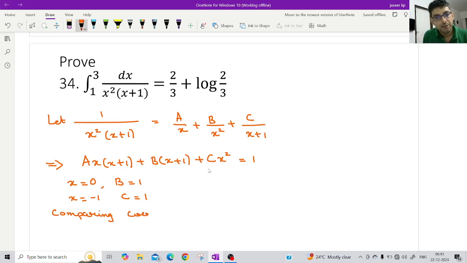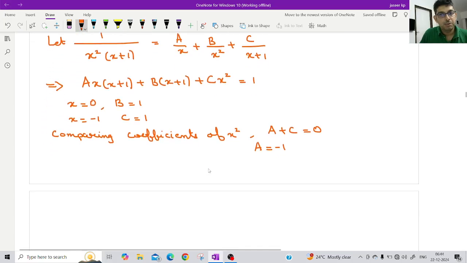Comparing coefficients of x square on both sides. Left side the coefficient of x square is a plus c. Right side is 0. So c is equals to 1 implies a equals to minus 1. A equal to minus 1, b equal to 1 and c equals to 1. So therefore